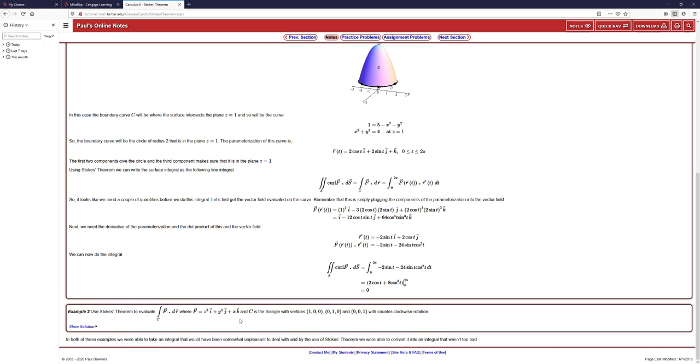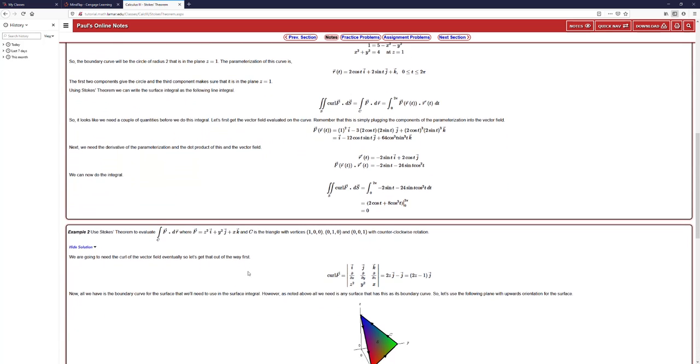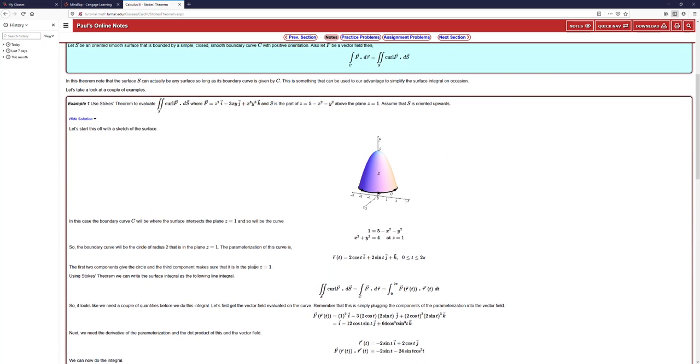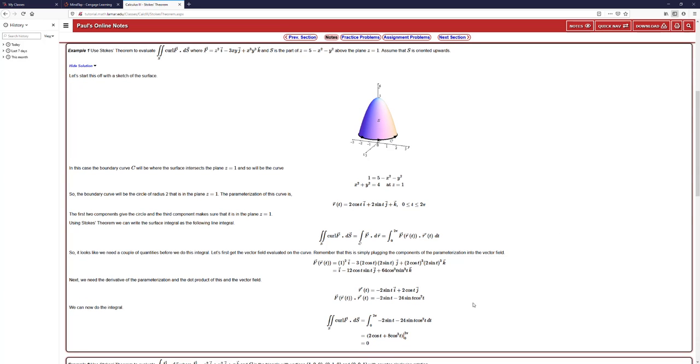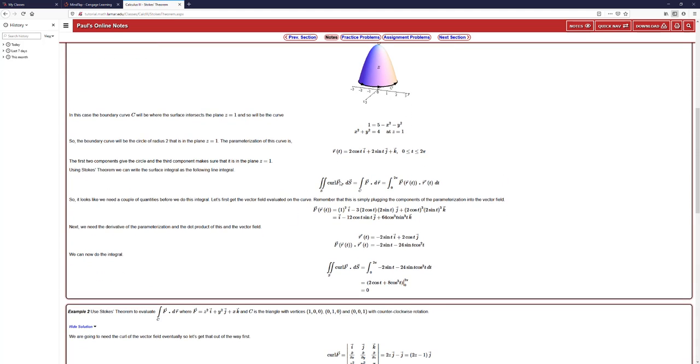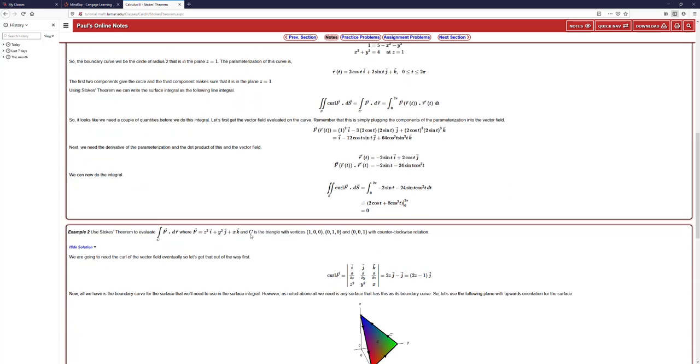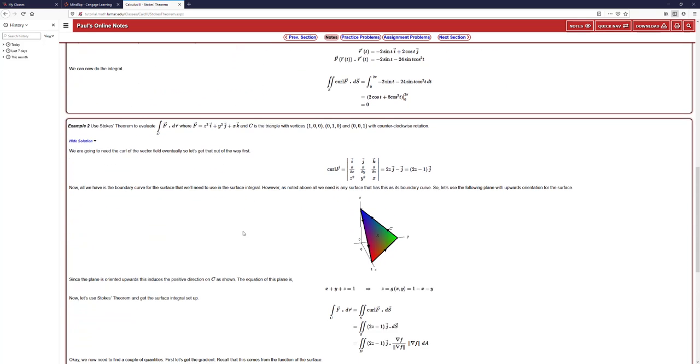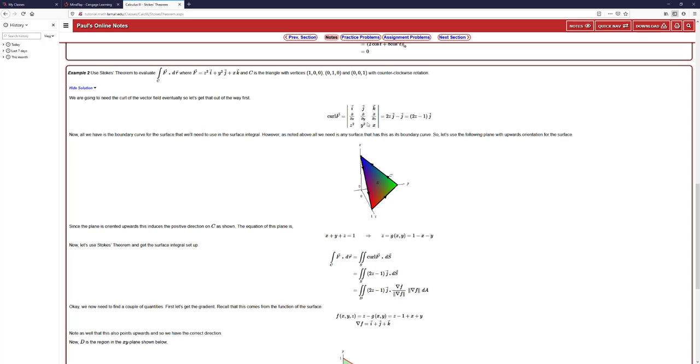And so here's another problem working with Stokes theorem. If you want to look through it, this to me looked like they used more of the line integral stuff. They didn't really do much of Stokes theorem. They said Stokes theorem is equal to the line integral, and then they did the line integral instead of doing actual Stokes theorem. This one to me looks like they're actually using Stokes theorem because they find the curl of